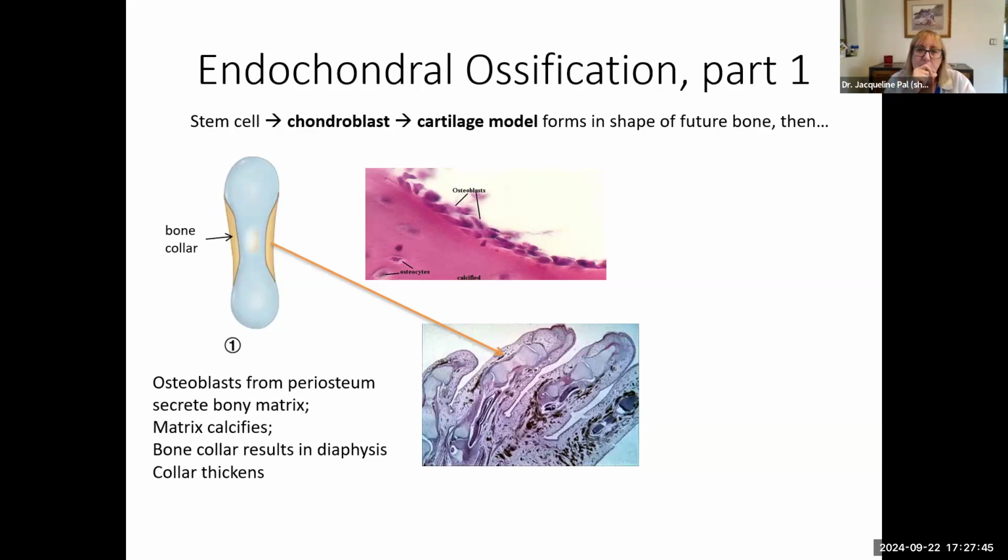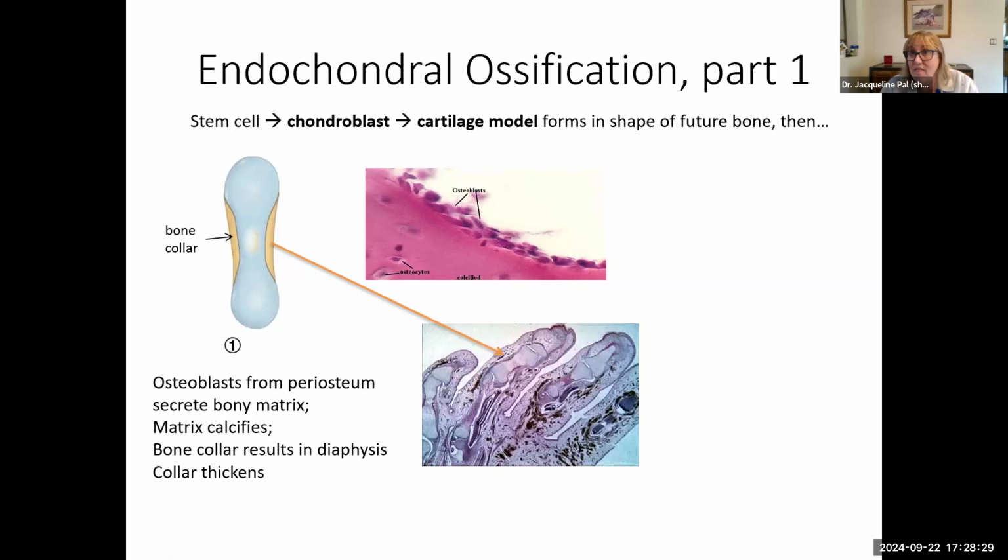And so I want to ask you, how was that cartilage getting its nutrition? Did it have any blood vessels going to it? And you're going, no, Dr. Powell, I remember. You told us cartilage was avascular and had no nerve supply. Yeah. So the only way that cartilage was getting its nutrition was diffusion from blood vessels out here. Nutrients were diffusing. But now we've got a bone collar. We've got a layer of concrete. We've got multiple layers of concrete surrounding it. Are nutrients going to be diffusing through that layer of concrete?